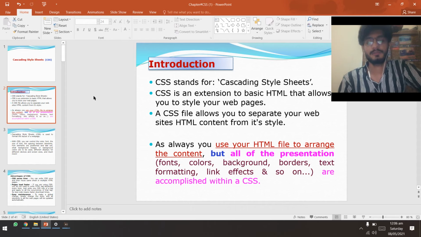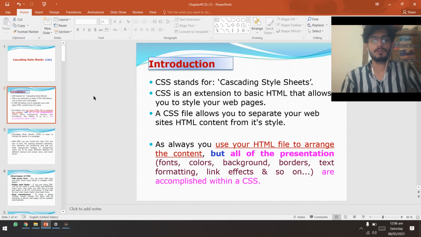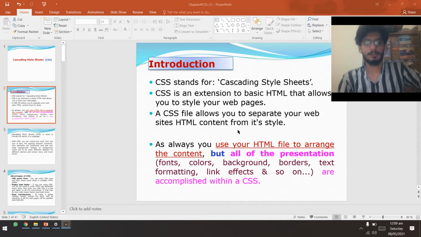Here is the explanation of CSS. CSS is an extension of basic HTML that allows you to style your web pages. HTML helps to design the structure of your web pages, while CSS helps you style them. A CSS file allows you to separate your website's HTML content from its style.